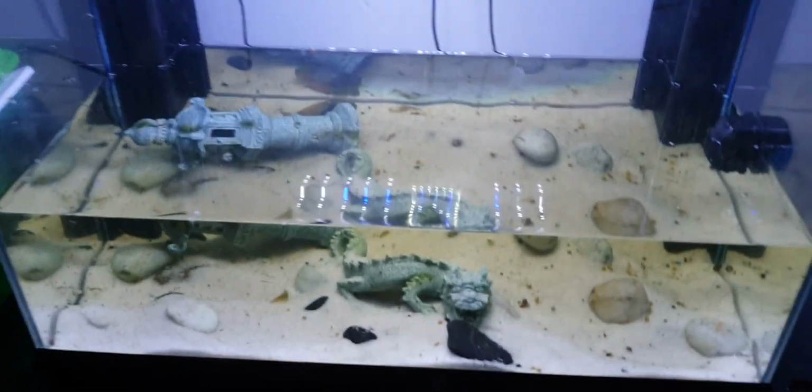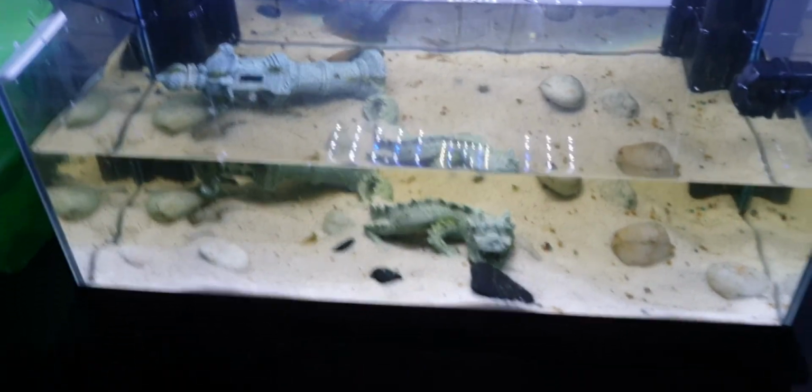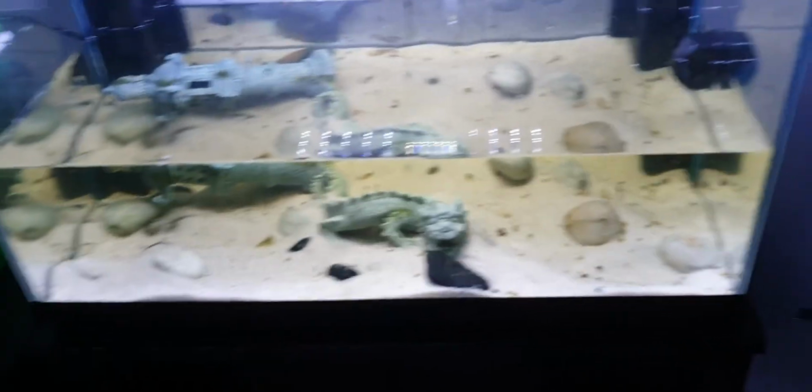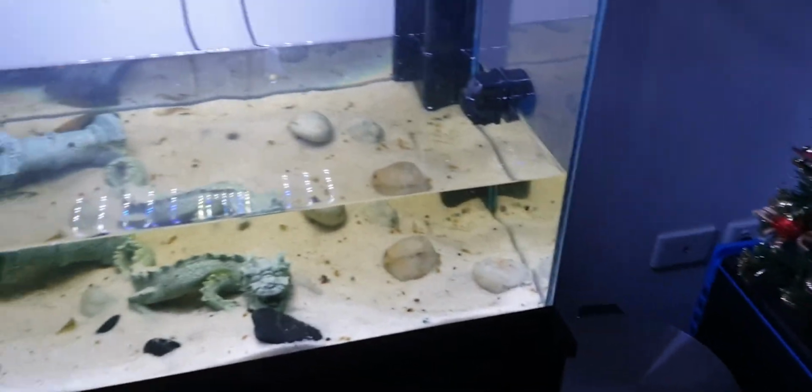So this one will be fine with it, because when I looked back at my old vivarium, I thought I could do better. I did that really badly, and I think I can do a lot better. So everything in here is going to be taken out, and I don't know what...